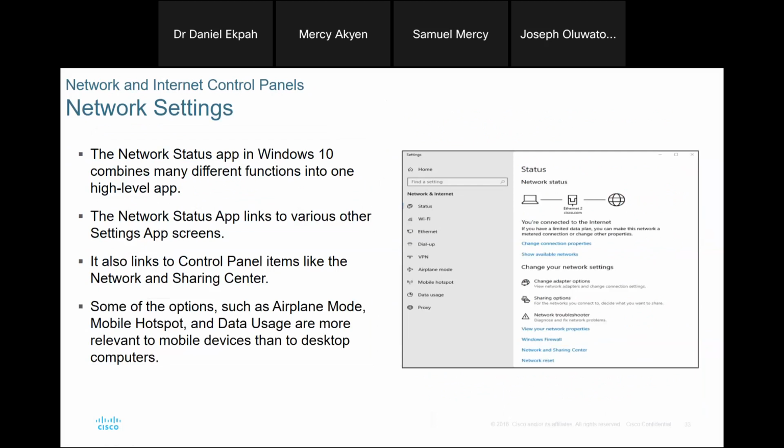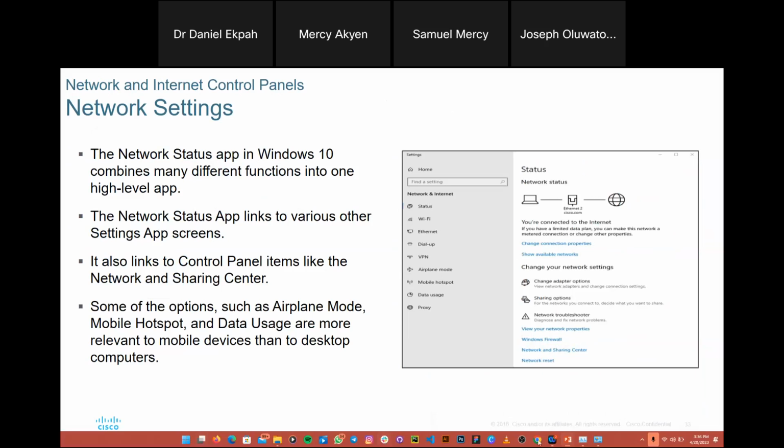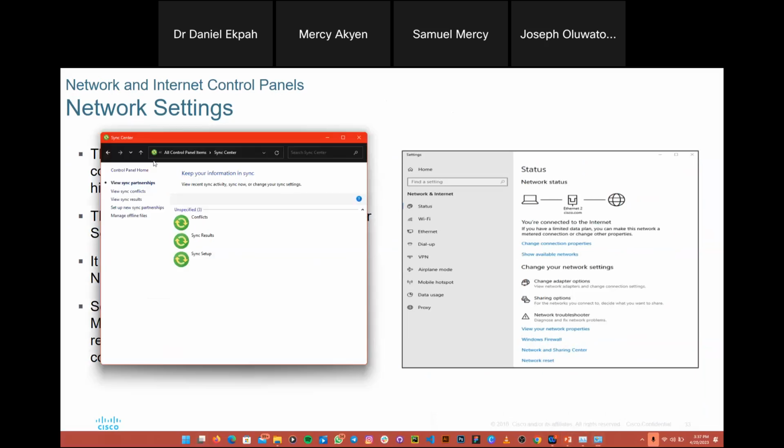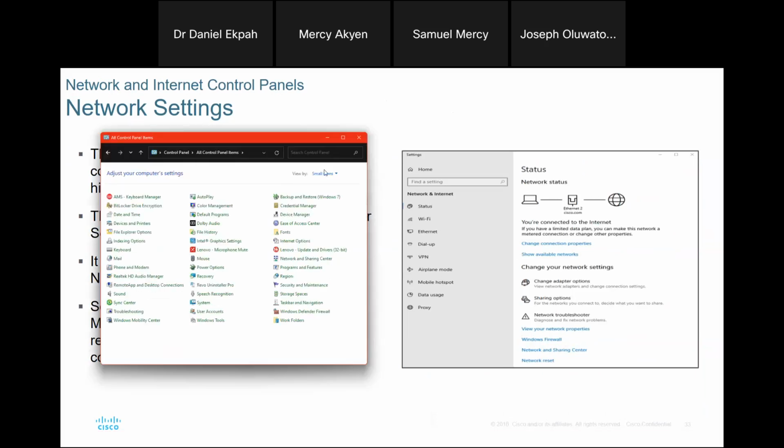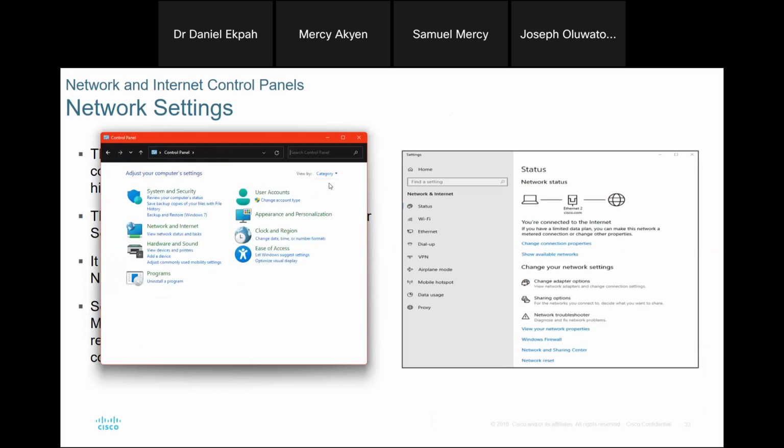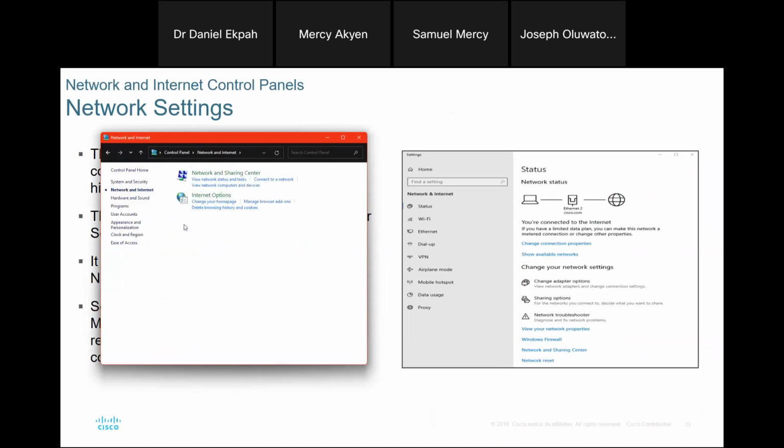Some of these options, such as airplane mode, mobile hotspot, and data usage, are more relevant to mobile devices than to desktop computers. So the network and internet settings. So right here, I can open the